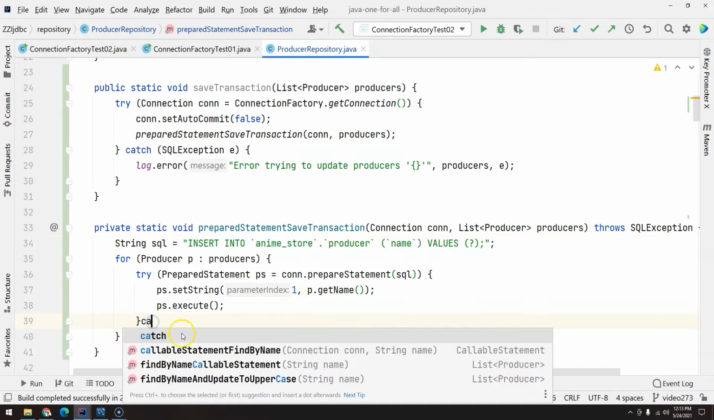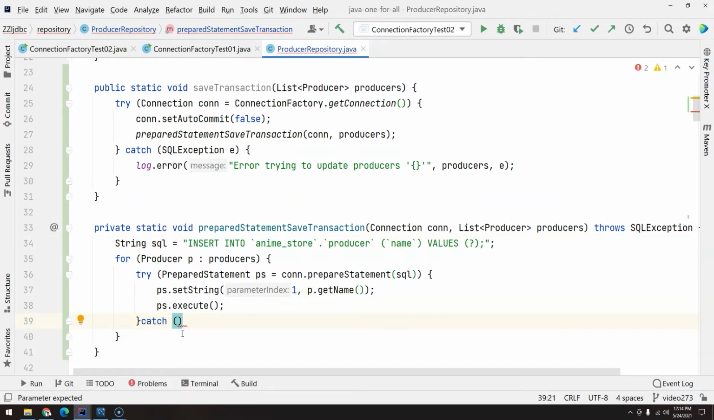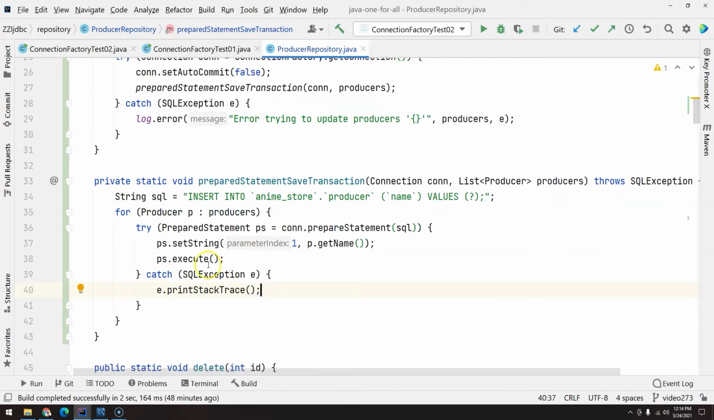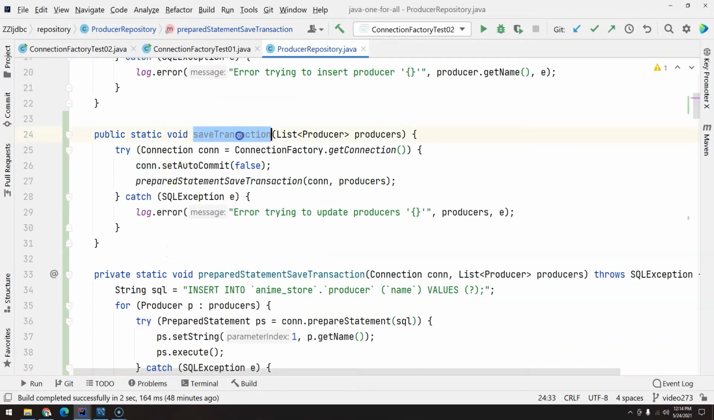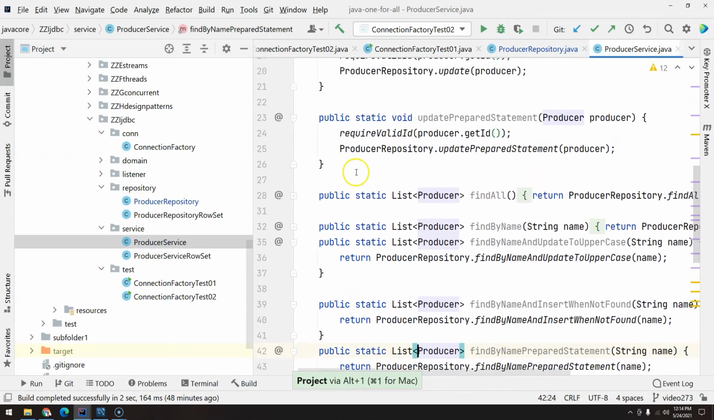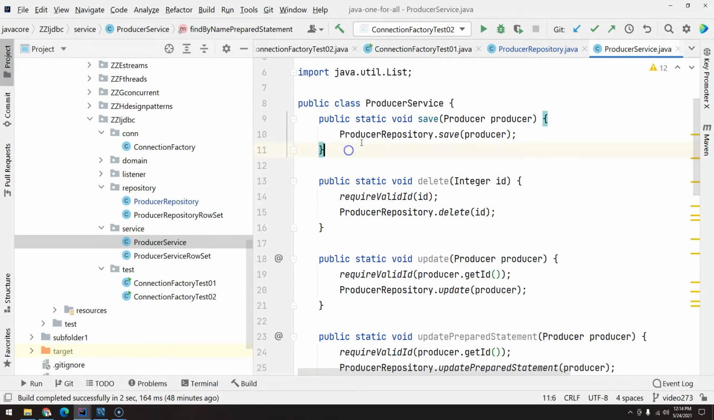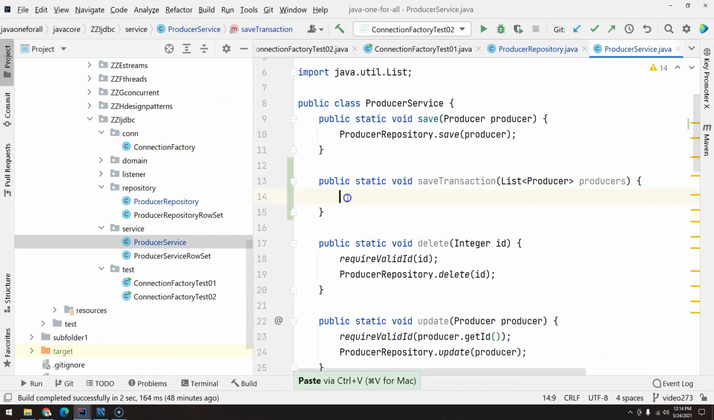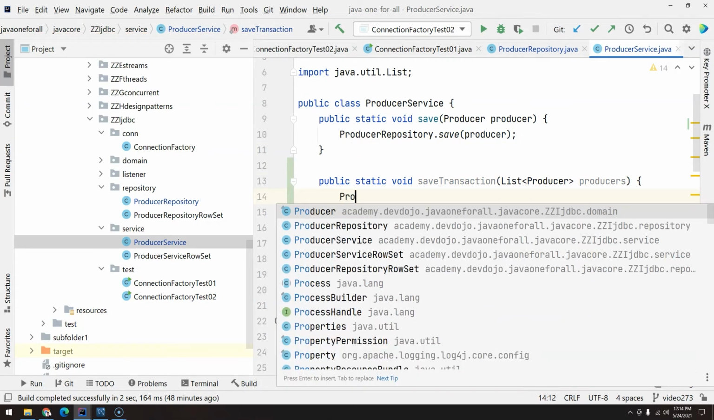Let's add a catch here because it's a bad practice to have it on the try. SQL exception, e.printStackTrace. Okay, so now that we have everything, we just have to pass this to producer service. So copy the entire method signature, go back to producer service, all the way to the save down here. You call producer repository,